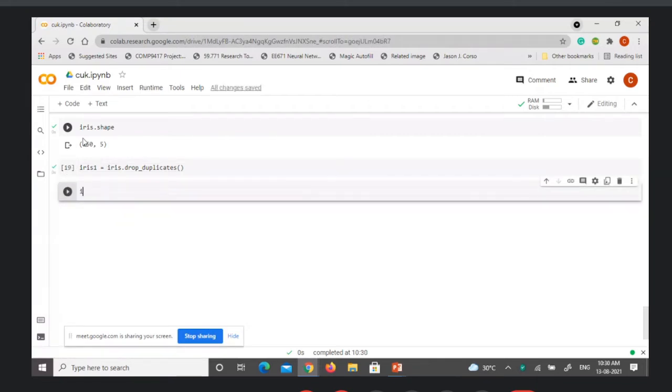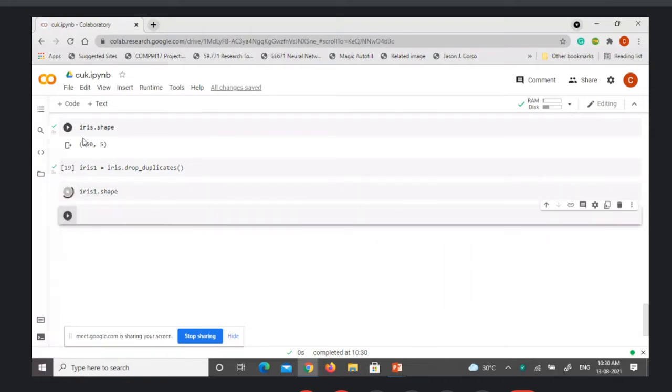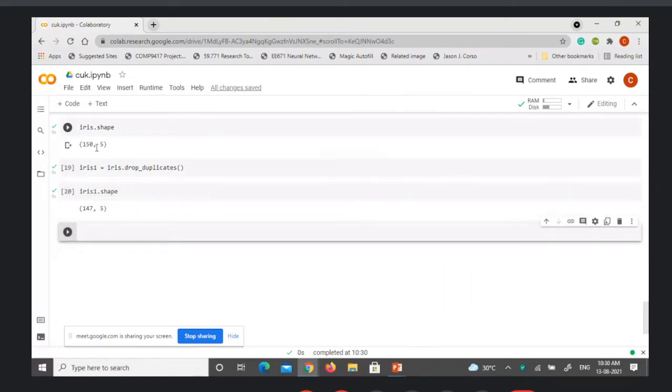And now, in order to know whether any repeated values were there, we can once again use the shape. And you can see that 3 rows of information were repeated, so those complete rows have been dropped, and in total we have only 147 rows and 5 columns available.